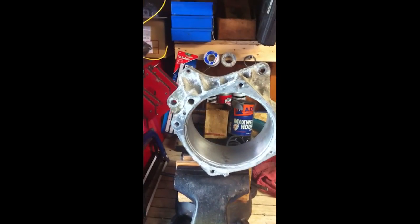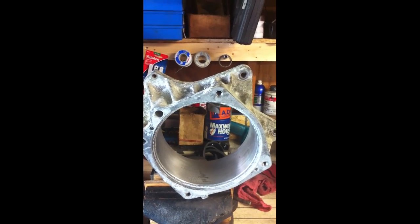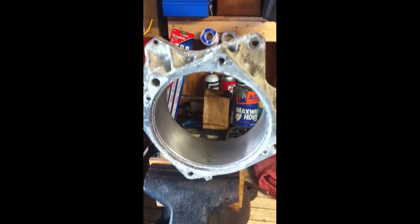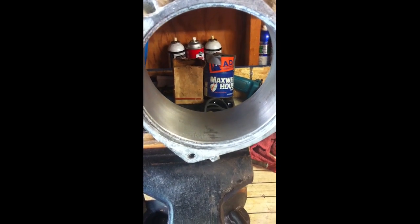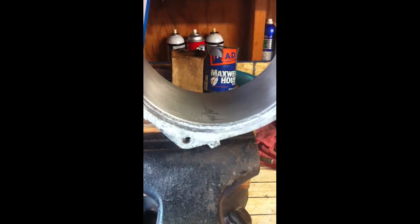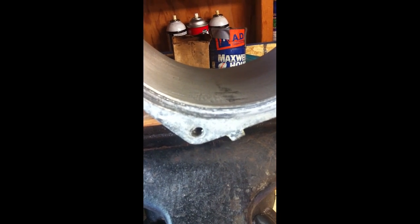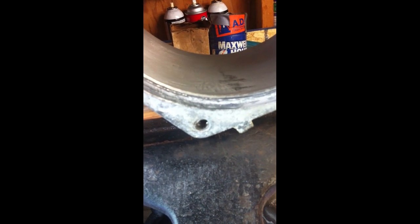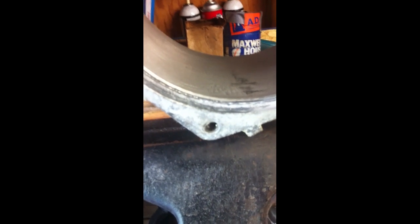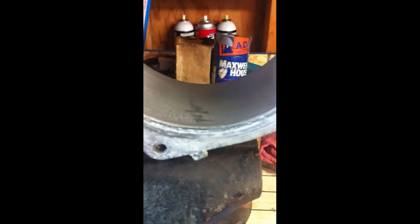So here's a Yamaha impeller housing of a XL 1200 Wave Runner. As you can see, stainless steel liner inside of an aluminum housing. If you notice, the stainless steel liner is very thin. What happens, the corrosion grows between the aluminum and the stainless steel, and it actually distorts the stainless steel wear